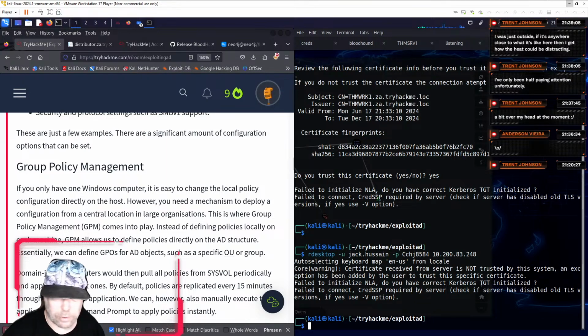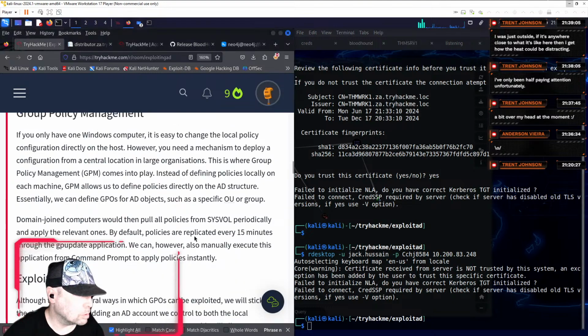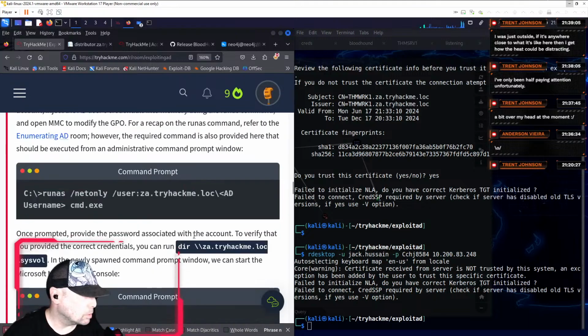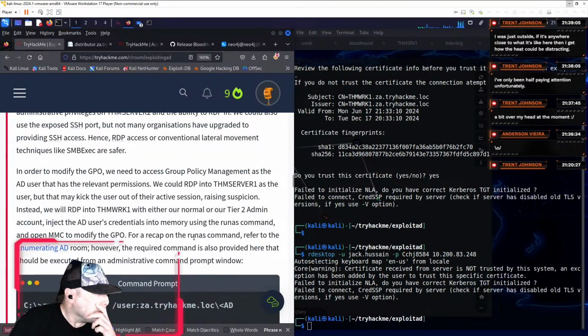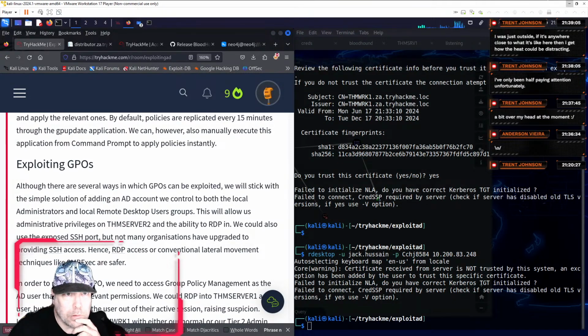All right, let's see here. Let me look for, maybe it's just the, hopefully it's a failing of the particular RDP I'm using.